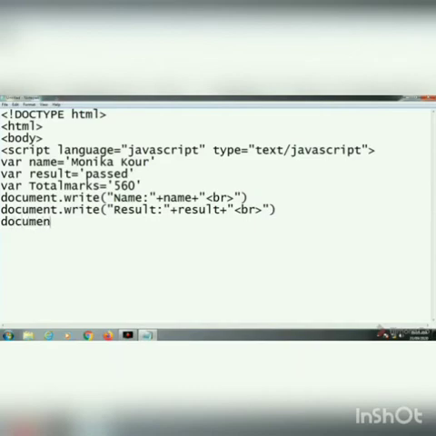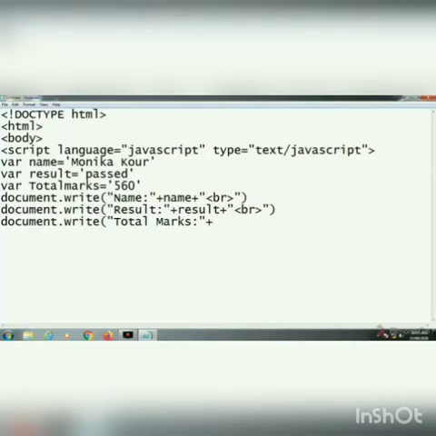So for each statement we can write document.write. We can complete it with one line only, but it will be difficult for you to understand. So for each statement I am writing document.write, then quotation mark, suppose total mark I shall type. Here you can give space because you are writing the statement within the quotation, so it can be written the way you want.